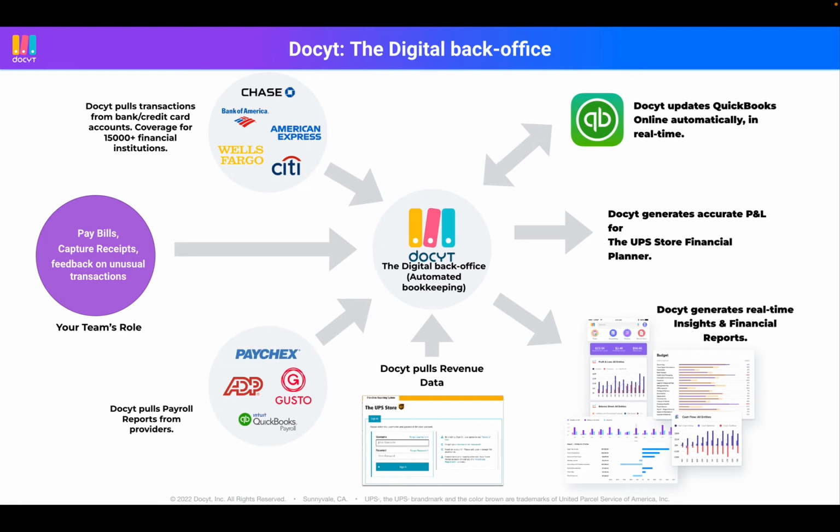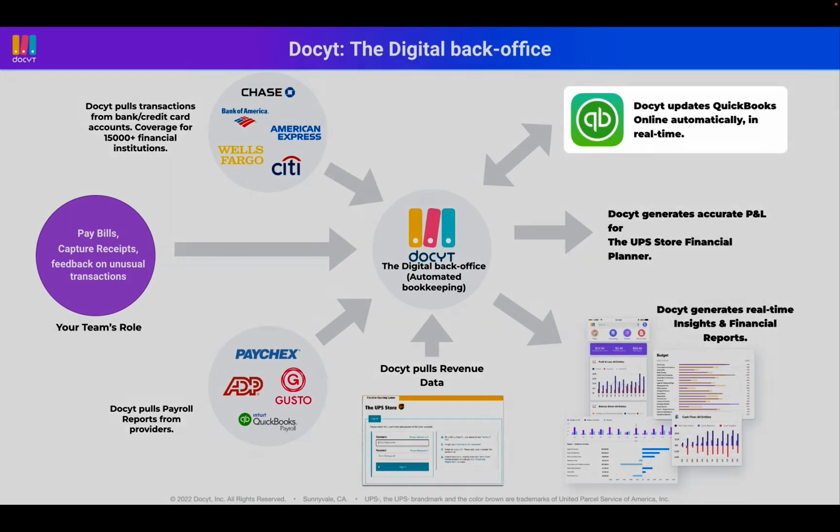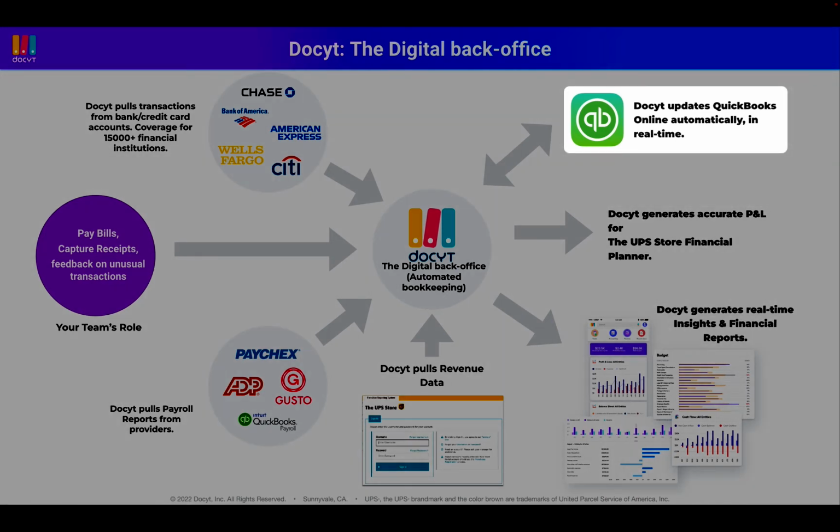You also provide feedback on any unusual transactions which the system hasn't seen in the past in the Docyt product as well. As these bills and receipts are submitted into Docyt, you can also take actions like paying these bills. Docyt continuously keeps reconciling the payments against the transactions from the bank. All of this automation continuously automates your bookkeeping on top of QuickBooks and powers the live reports on your phone